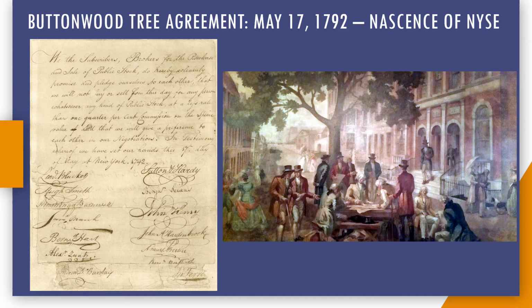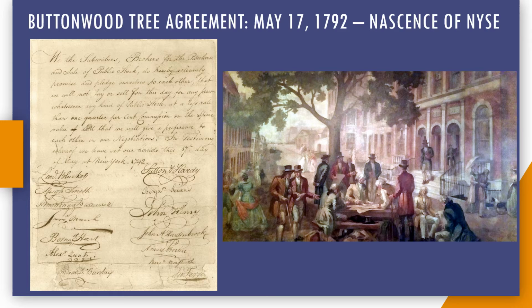Well, first, a little background, because it's always good to know where things come from. On May 17th, 1792, there was the Buttonwood Agreement. This occurred in New York City, and it's the birth, in a way, the nascence of the New York Stock Exchange. It was an agreement that was concluded among stockbrokers and agencies, and here is an image of the agreement